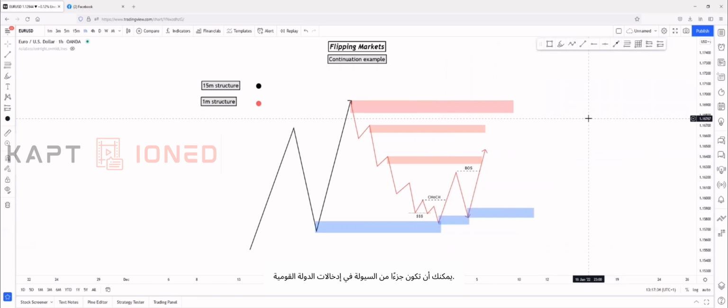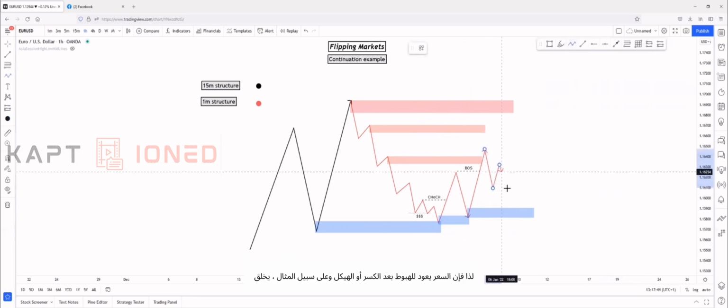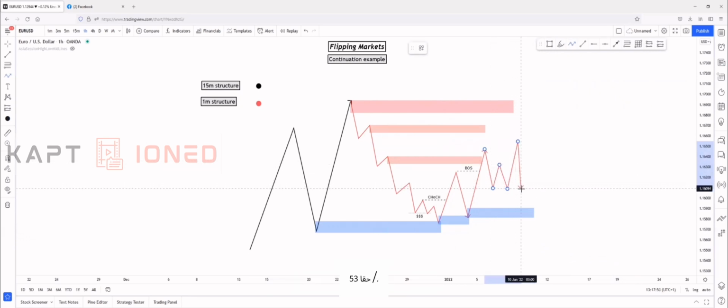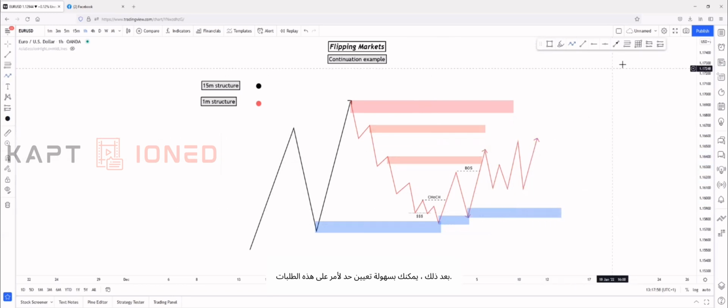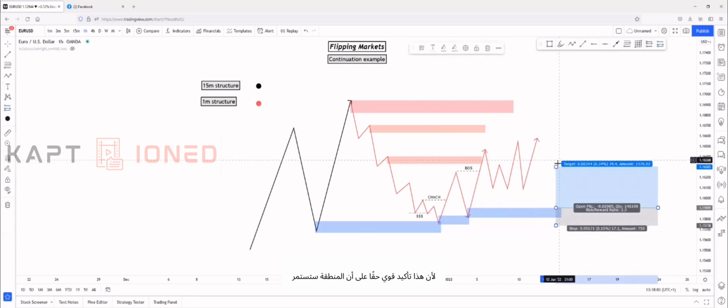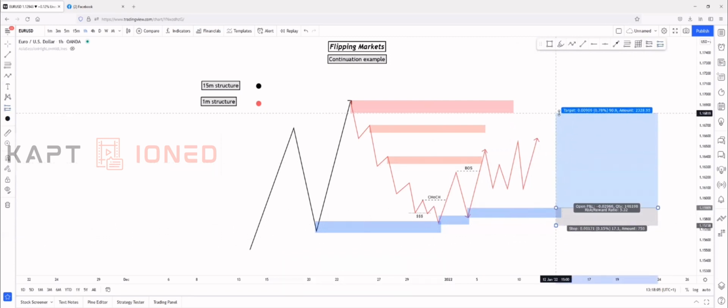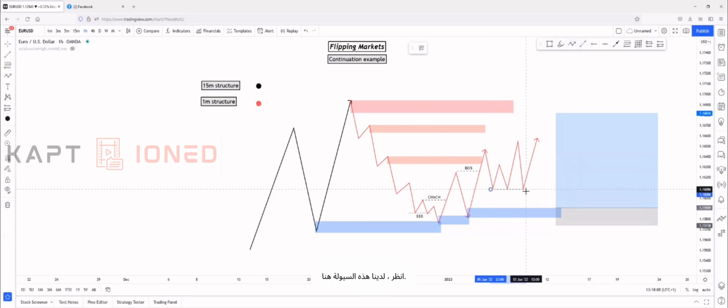In continuation entries, I recommend you wait for a liquidity creation. So if price comes back down after the break of structure and, for example, creates this type of liquidity, double bottoms, and after it breaks structure, it doesn't have to break structure, it doesn't really matter, it just has to create liquidity. So let's say it created liquidity, triple bottoms. After this, you can easily set a limit order on this demand zone, because this is a really strong confirmation that the zone will hold the price after the liquidity sweep. So as you can see, we have this liquidity right here, triple bottoms,